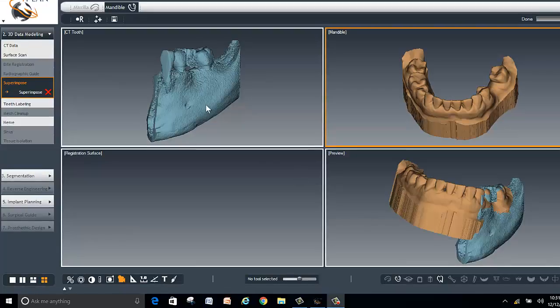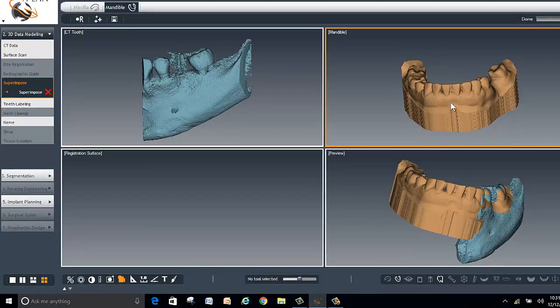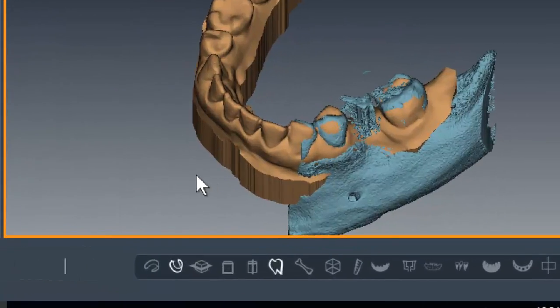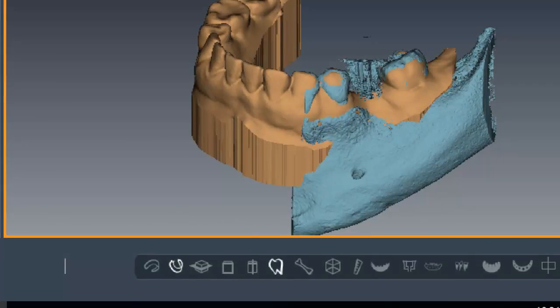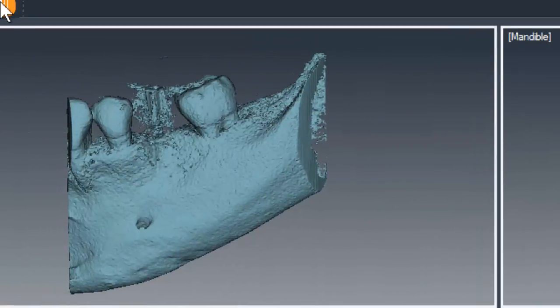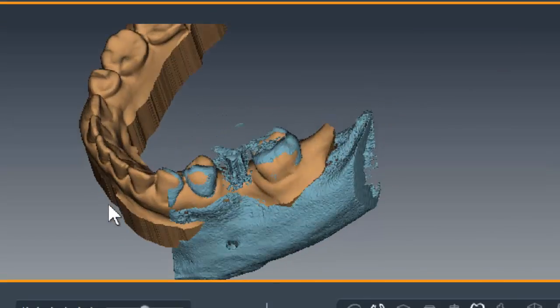In superimpose here, as you can see, this is the patient scan and this is the impression scan. We went ahead and merged the two together, and this is the merge right here on the bottom. As you can see, it's very difficult to merge the data when you have only a partial scan for the patient, but it can be done manually, but again, it's very time consuming. And here, once it's merged, we can actually get it together so we can actually start calculating the load vector